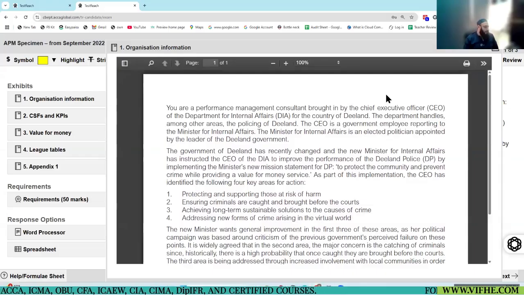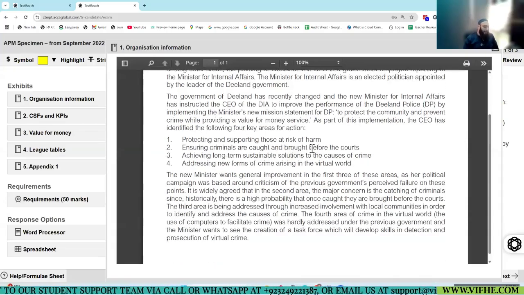You are the performance management consultant brought in by the Chief Executive Officer of the Department of Internal Affairs for the country of D-Land. The department handles, among other areas, policing of D-Land. The CEO is a government employee reporting to the Minister of Internal Affairs. The Minister for Internal Affairs is an elected politician appointed by the leader of the D-Land government. The government of D-Land has recently changed, and the new Minister for Internal Affairs has instructed the CEO of DIA to improve the performance of D-Land police by implementing the minister's new